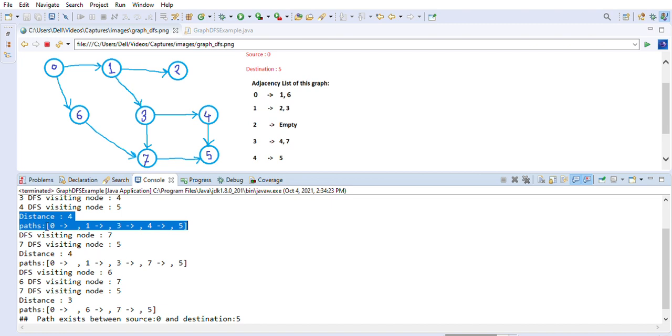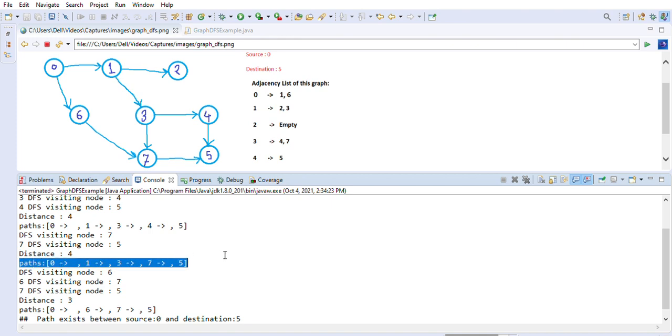And now after this one, it will backtrack to this 3 again. Because of 5, it will remove 5, it will remove 4, it will go to 3 now, and now it will visit 7. So that's what it is doing here, 7. And 7 will again have a path to 5. Now again we are finding another path here. Again the distance is 4. Why? 0 to 1, 1 to 3, 3 to 7, and 7 to 5, the distance is 4, and the path we have printed is the same path here. Now after this path is already done, it will backtrack basically from 5 to 7, 7 to 3, 3 to 1, and 1 to 0.